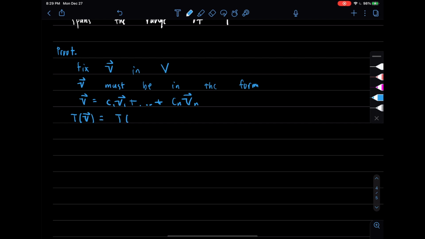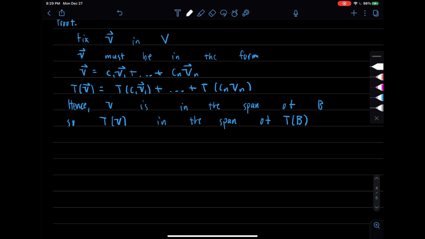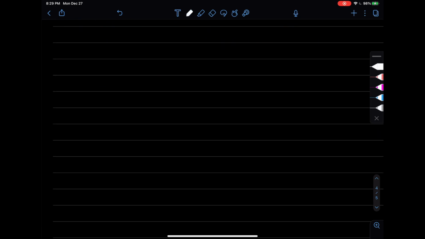And by the properties of linear transformation, we can apply the transformation to all of them, and it would be just a scalar. So hence, v is in the span of B, and therefore the transformation of v is also in the span of the transformation of B. Yeah. So now let's move on to a newer topic,